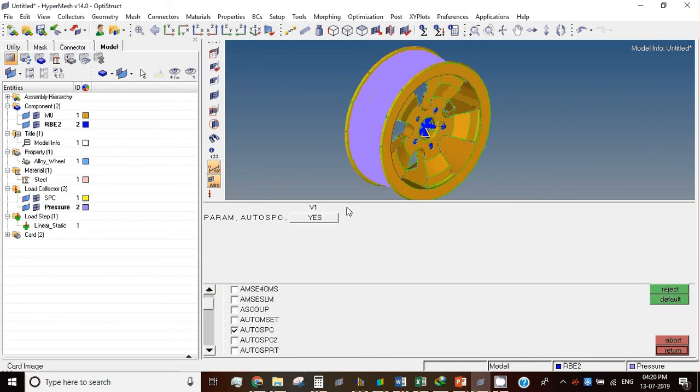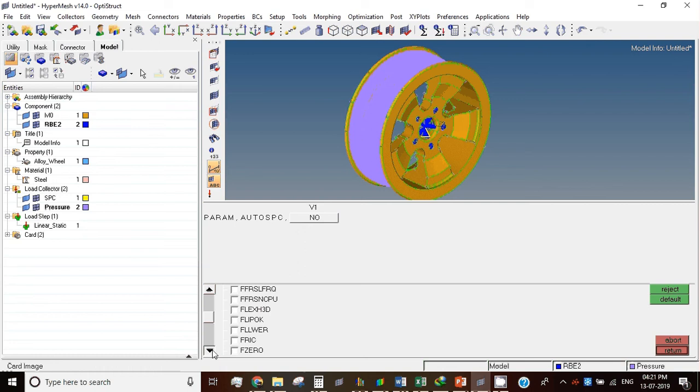So we'll just give AUTOSPC no here. And GRDPNT, give it 0.